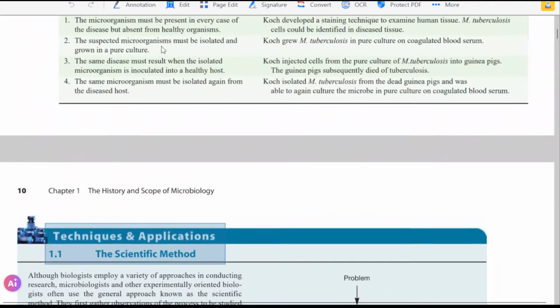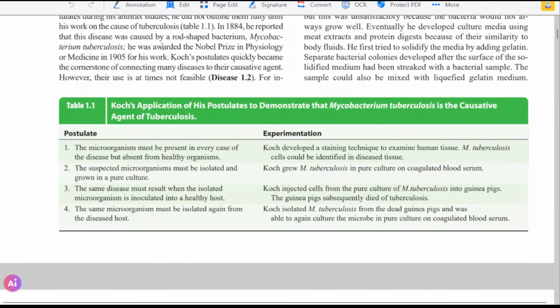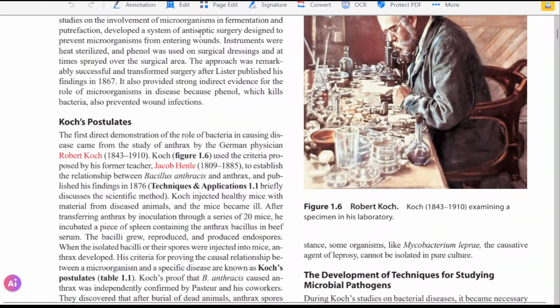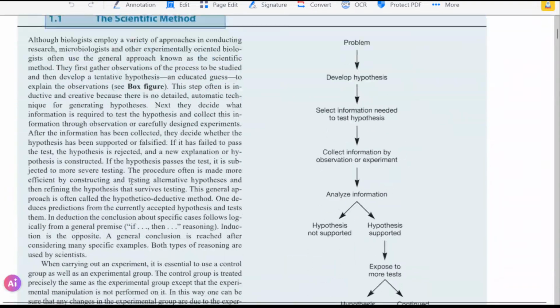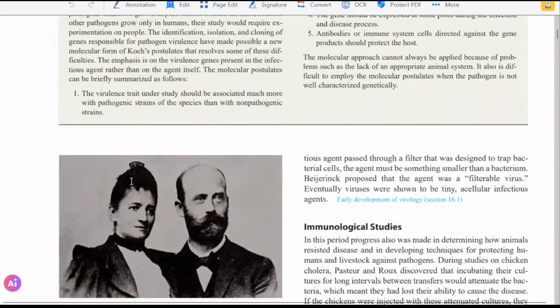And how did he prove that? When he applied these antiseptics on the injuries he was operating on, the operations succeeded. In this case it was phenol antiseptic he used. So the surgeries were a success after his antiseptics, and they call it antiseptic surgery. So this was Lister's doing.